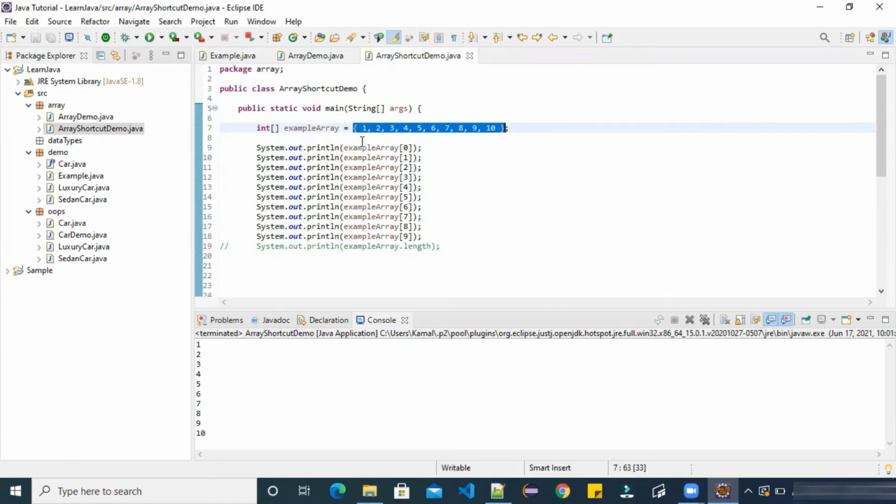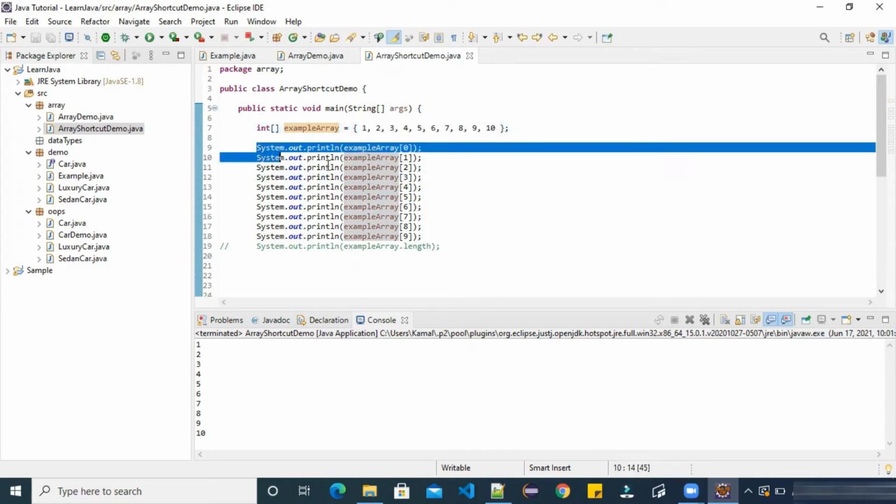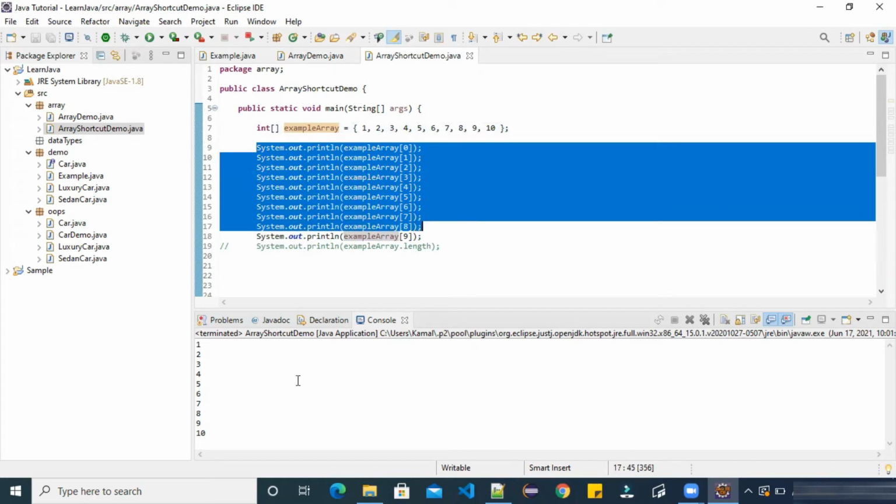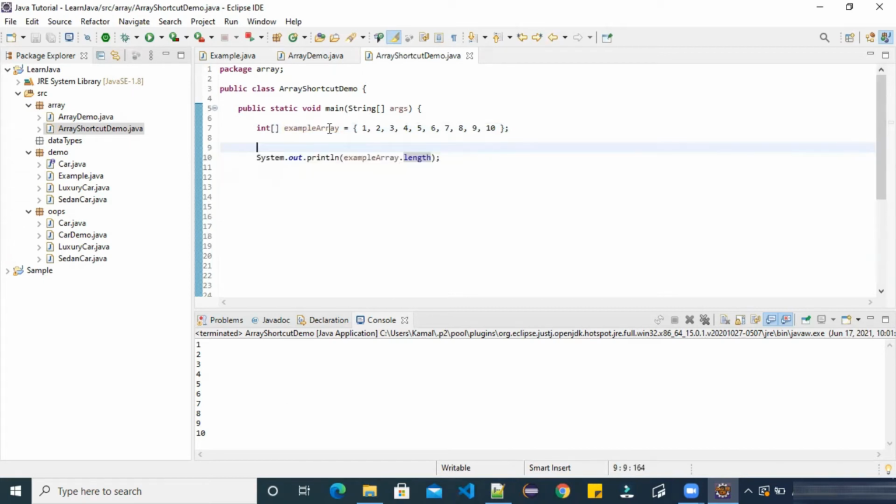Using this one line, we are defining example array the same way of type integer and assigning value directly. So behind the scene, it will automatically allocate memory for the number of elements we pass here. Let's remove these, because we have seen the output, it will be same.